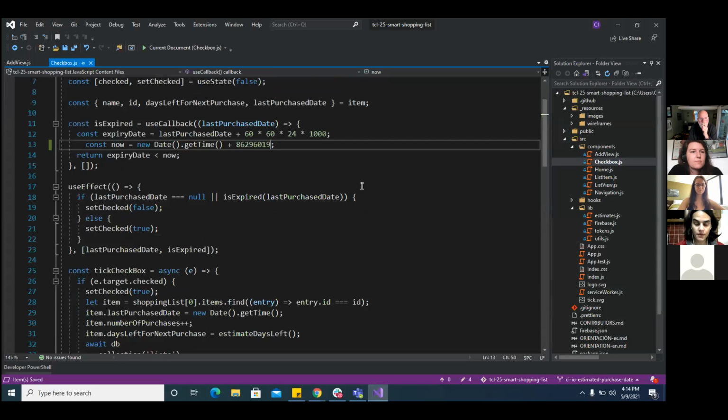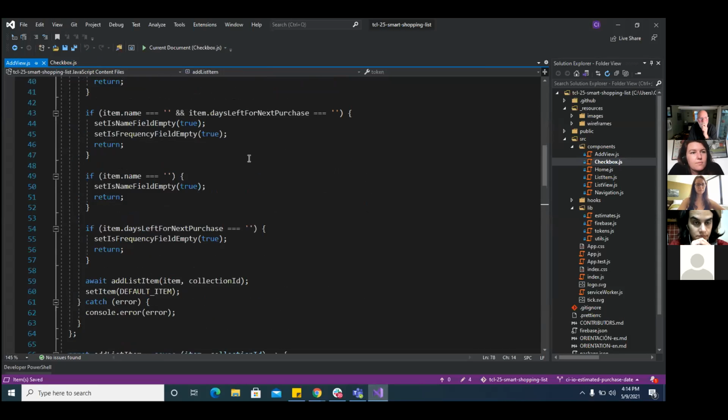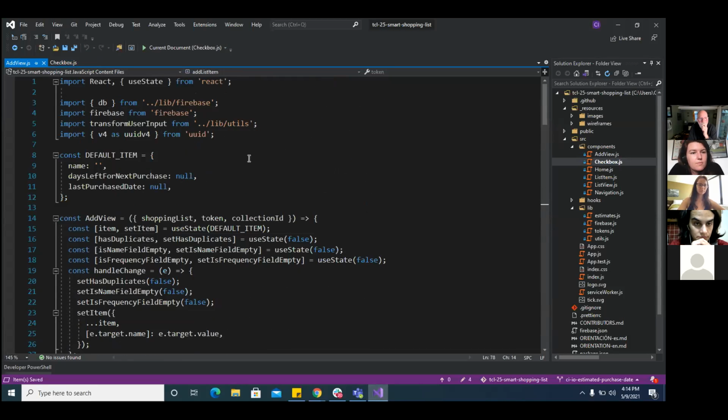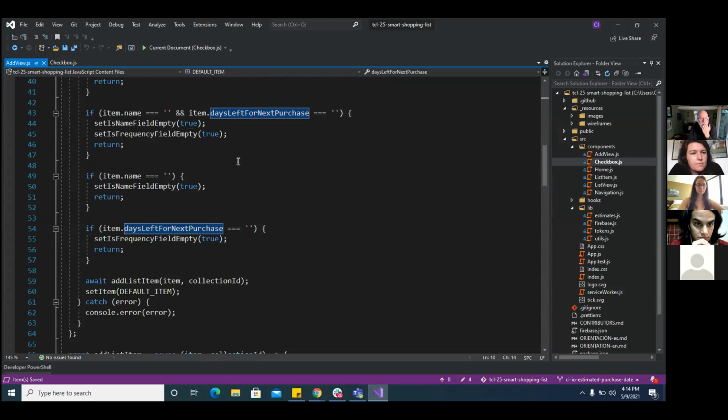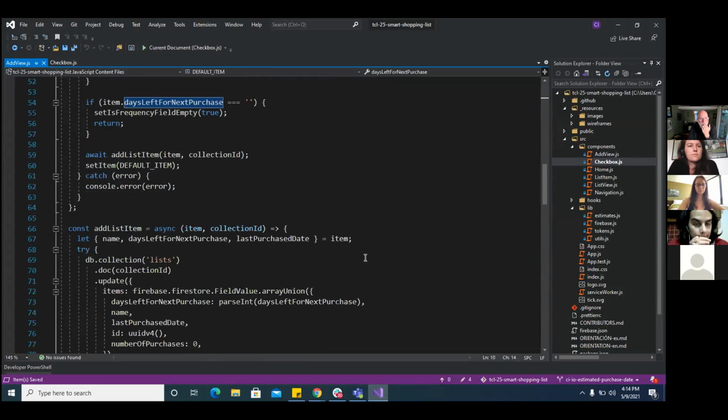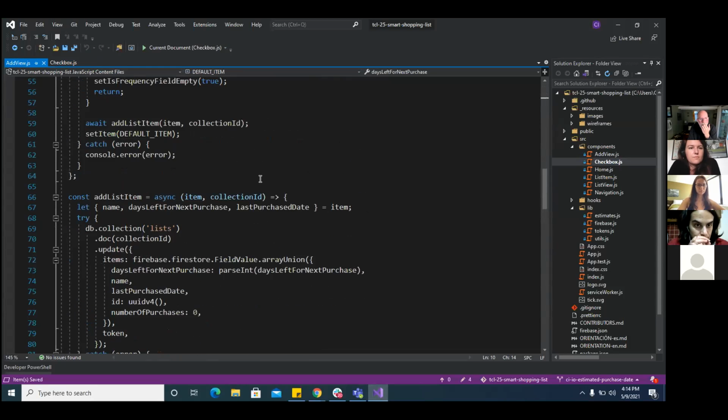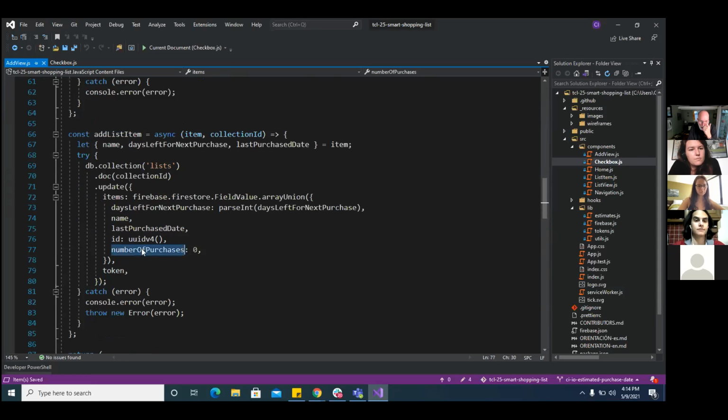Okay, so now I'm going to run you through the code. What I did, I first made sure that I added a field, because we didn't have number of purchases. So I made sure that every time a user adds an item, we'll be able to also